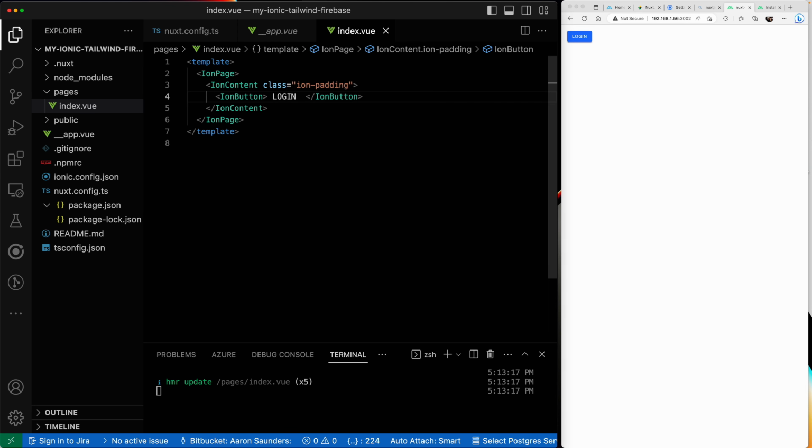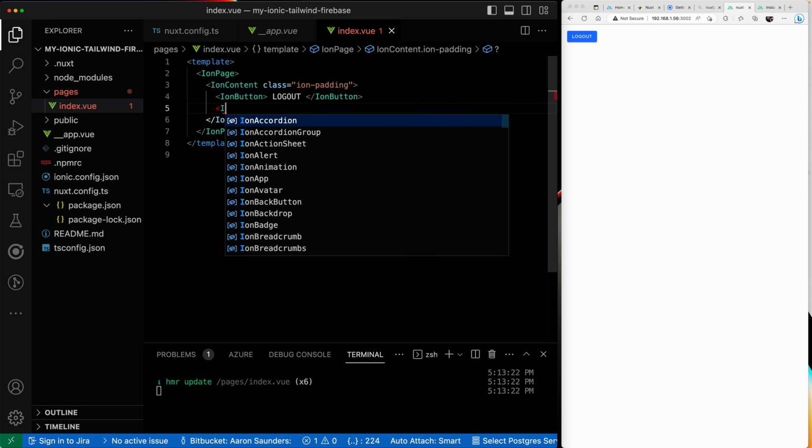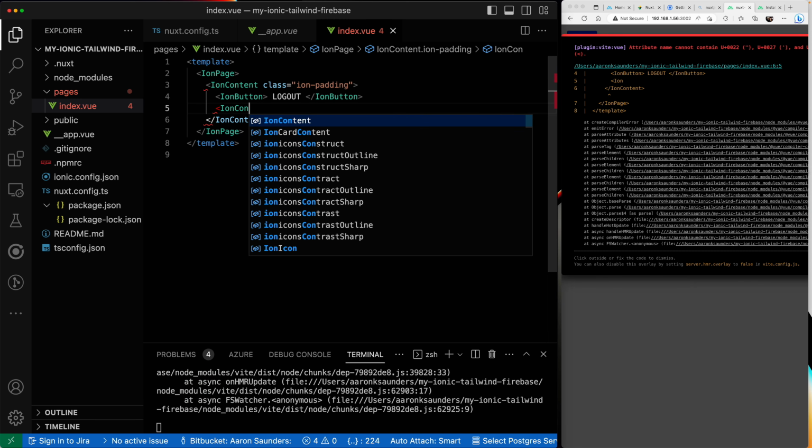Will it be our login? No, this is index. This will be our logout. This will be our logout button in the end. And then down here, just to show the Ionic components, you don't have to use these because that's why we're